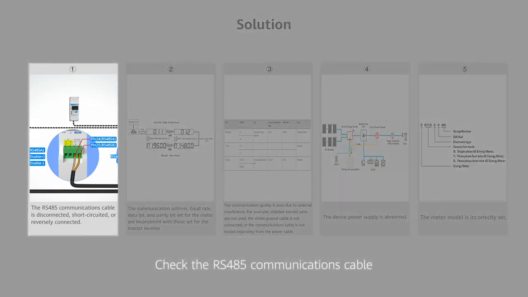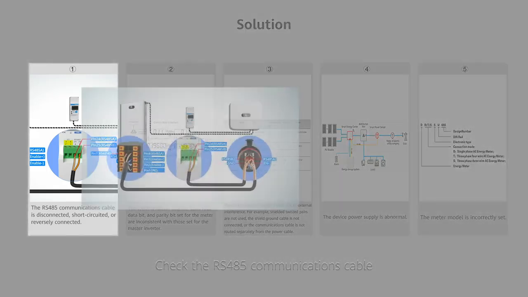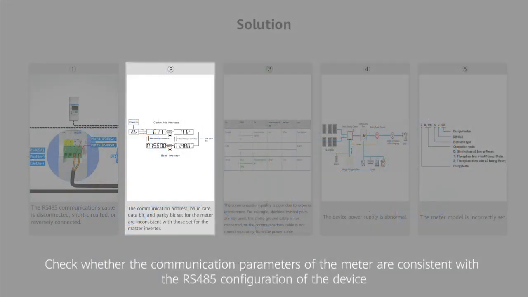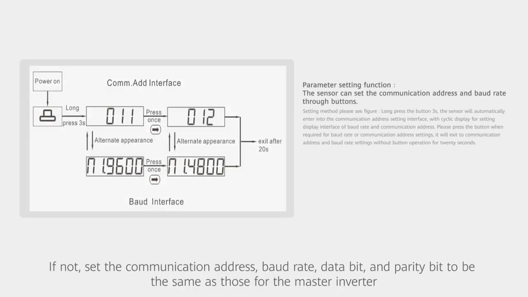Check the RS485 communications cable. Check whether the communication parameters of the meter are consistent with the RS485 configuration of the device. If not, set the communication address, baud rate, data bit, and parity bit to be the same as those for